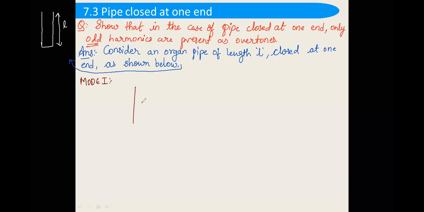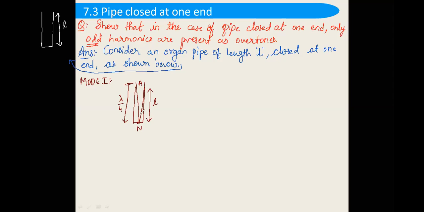So this is the organ pipe of length small l. Yes, Janvi, you are also correct. At the closed end, we will be getting a node because it is a denser surface, and at the rarer surface, that is at the open end, we will be getting an antinode. The length of the pipe is smaller. And we know that the distance between node and antinode is lambda by 4. So we have to draw a wave like this. This is what the wave will look like.